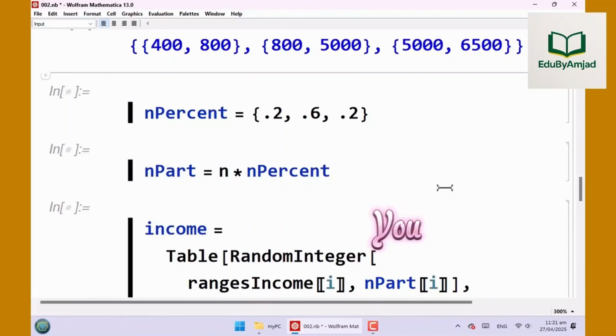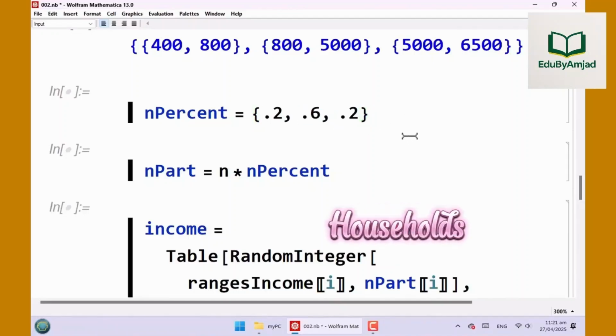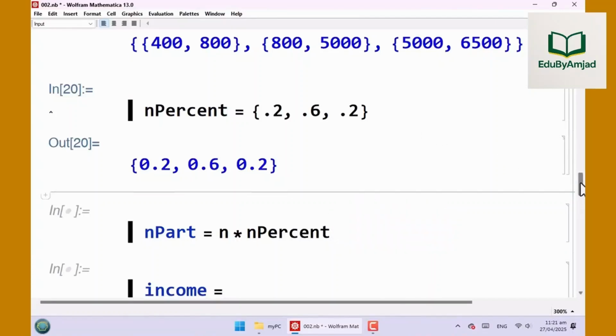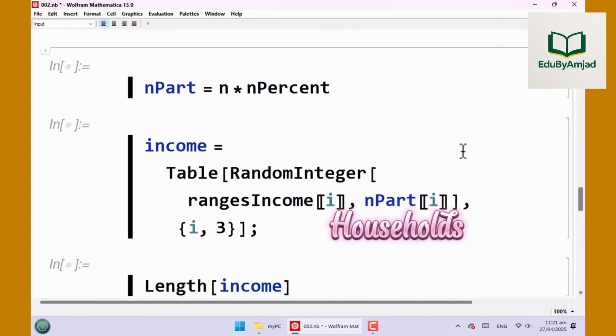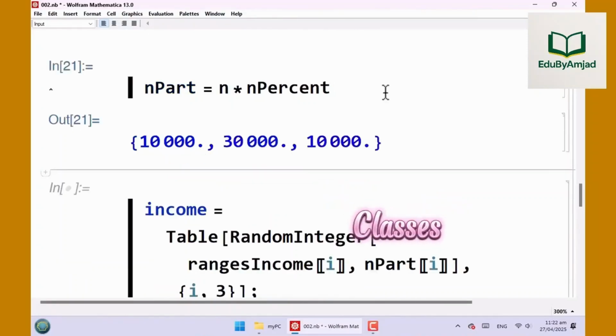Let me ask you, out of the 50,000 households, how many should we place in each group? Here we assume that 60% of households belong to the middle class, 20% each to the poor and the rich classes. So, 30,000 households belong to the middle class and 10,000 each to the poor and rich classes.